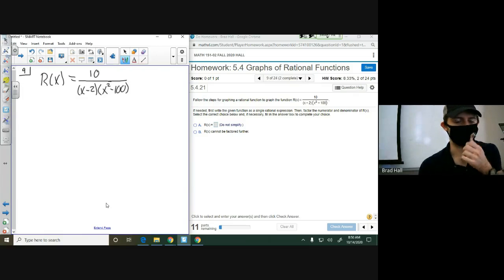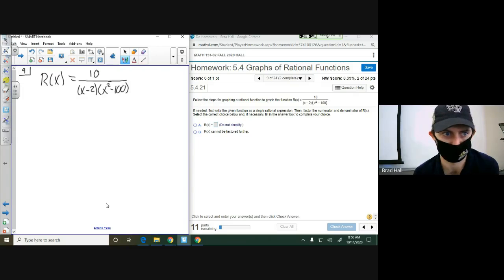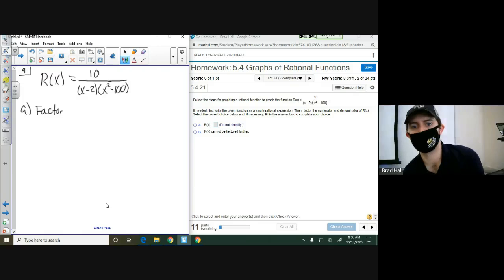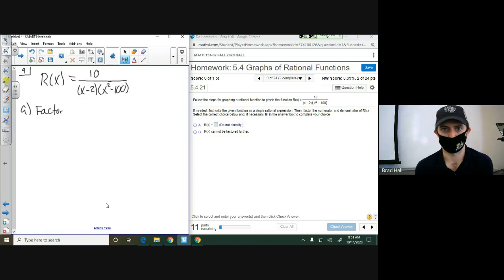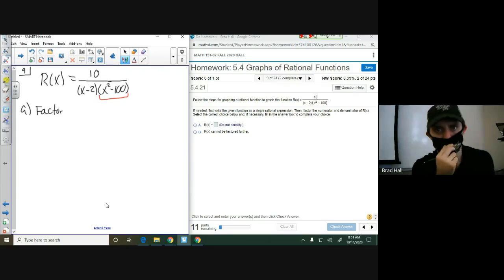It starts off by asking us to put this into a single rational expression and then factor the numerator and the denominator. So you might think, all right, well, they already factored the problem for us. And the answer is, well, not quite. They partially factored the denominator for us. Of course, the numerator is fine. It's just 10. So the denominator is not fully factored because the x squared minus 100 is a difference of